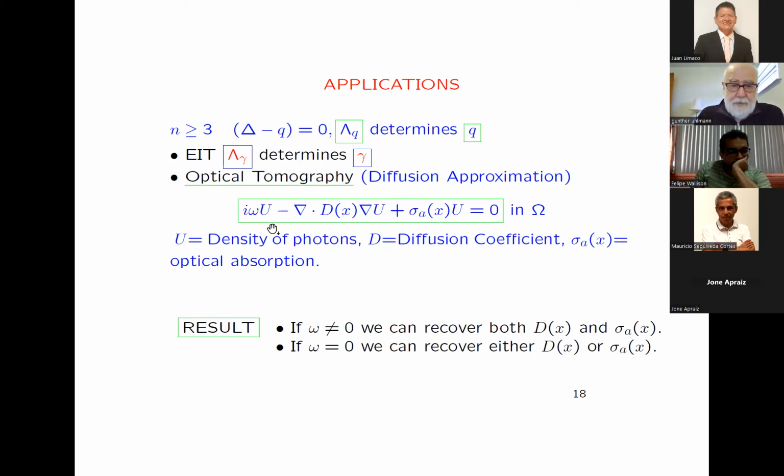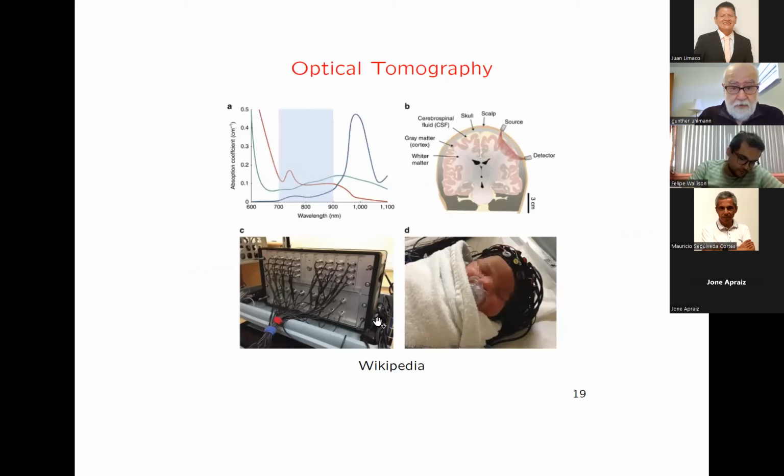of the light. If omega is not 0, then you can recover both coefficients, because you can recover complex Q here, not necessarily real. So you recover the real and imaginary part. You can recover both. If omega is equal to 0, then you can recover one of them, either D or sigma A. And optical tomography is also used in hospitals to monitor the brain, the functioning of the brain of